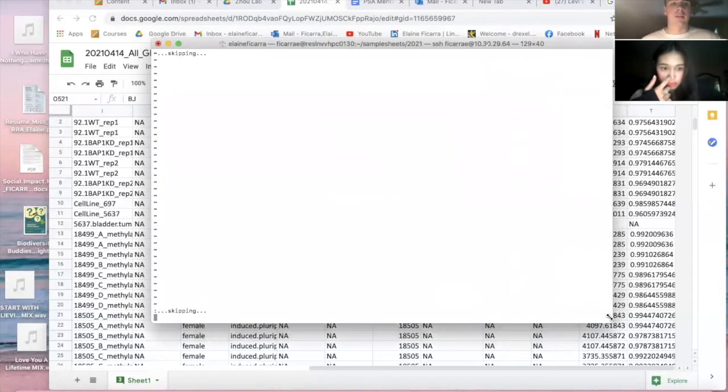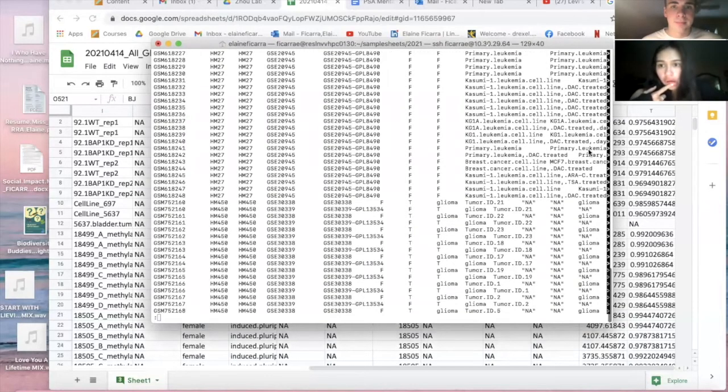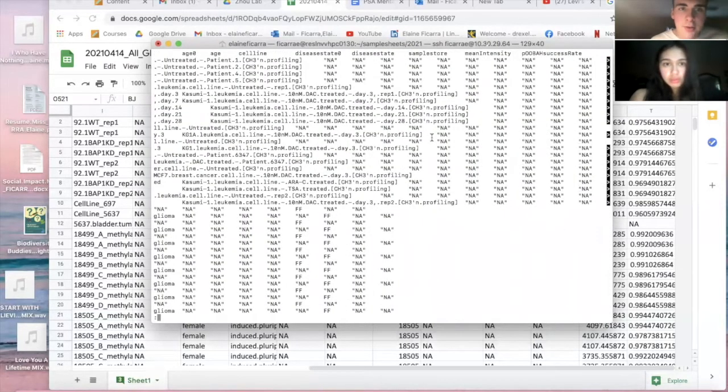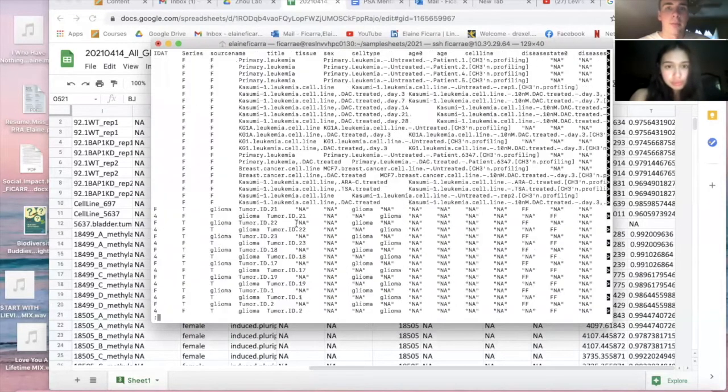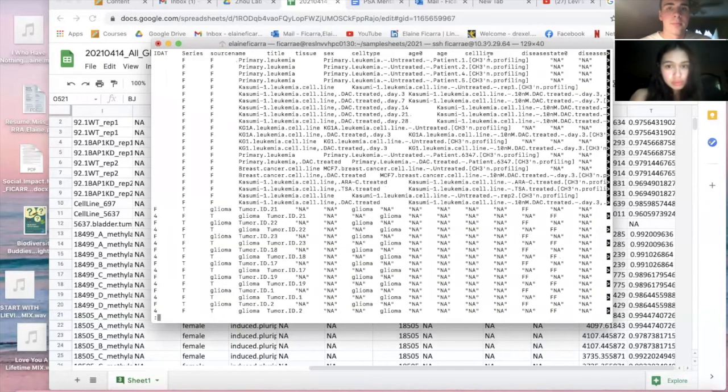skipping, just wait. Okay, and this is the magic. You can see it now on Linux. Okay, and you can use the arrows to move left and right. Yeah. Where's cell line? So you see cell line right here? Mm-hmm. Okay. So we need to figure out what column number that is. Right? So,